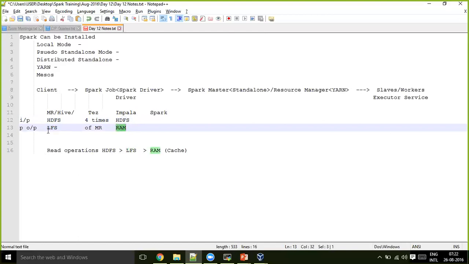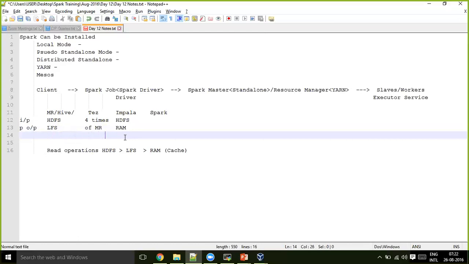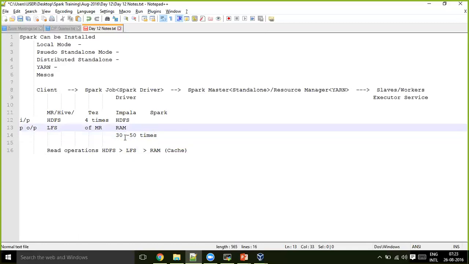It stores only the intermediate output in RAM, and still reads the input data from HDFS. Since it stores the intermediate output in RAM, it runs very fast, much faster than MapReduce or Hive. How much faster? At least 30 to 40 times, and sometimes 50 times, based on your data, Parquet and other optimizations.